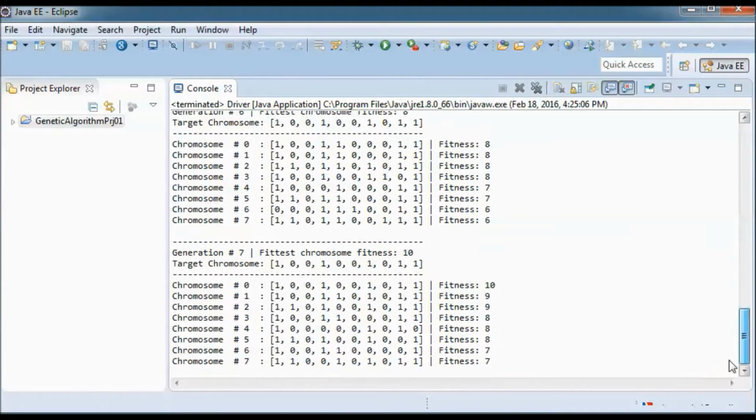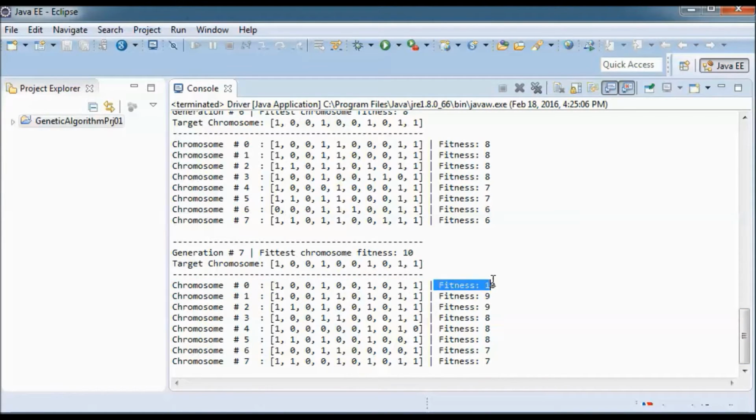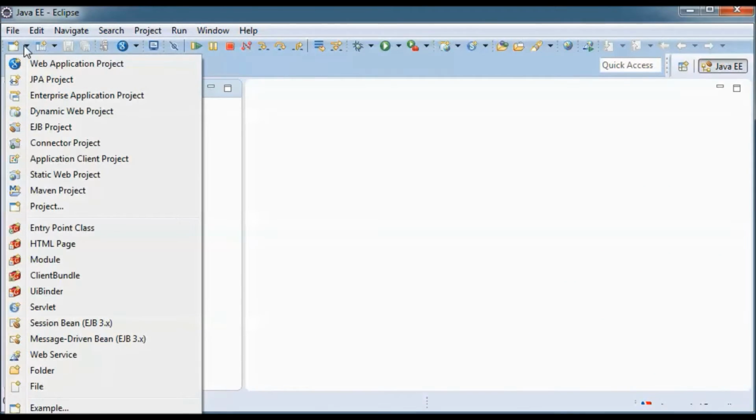So this genetic algorithm ends when one of those reaches a fitness of 10, meaning the same as the number of genes in the target chromosome. So this is exactly the same as this. Next, I'll write the code step by step.